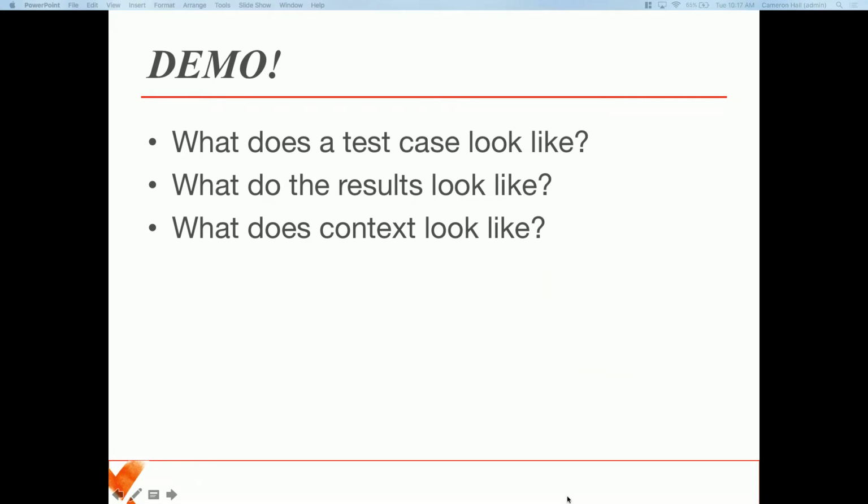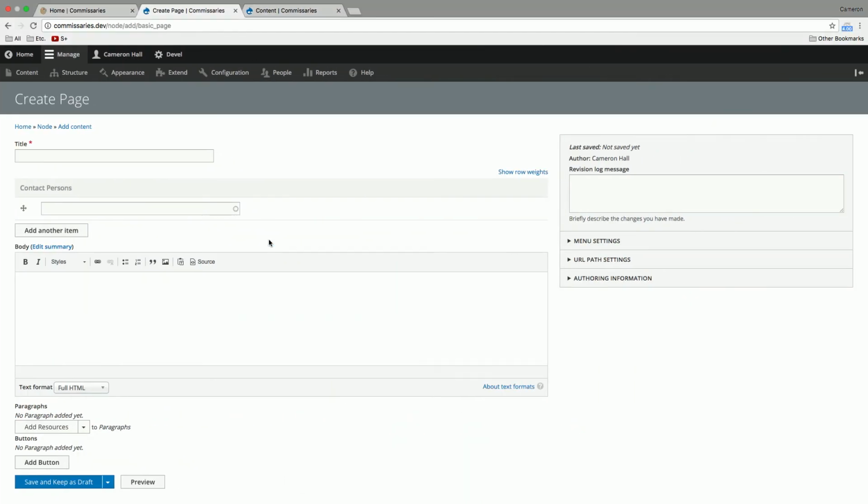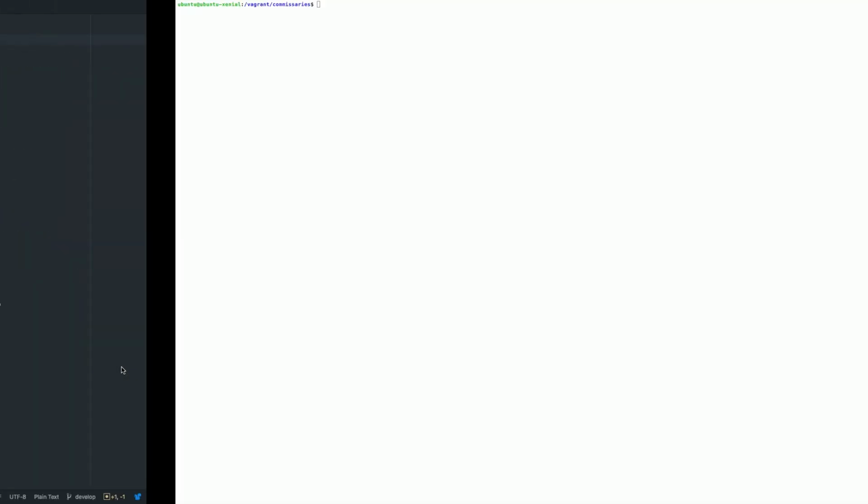So I've been talking a lot, so why don't we actually see what it looks like. So here's that page that we were talking about. The back end of it, we have a title, we have our body, other fun things like paragraphs. So this is what we want to test. We want to test that we can create a page. So what that means,